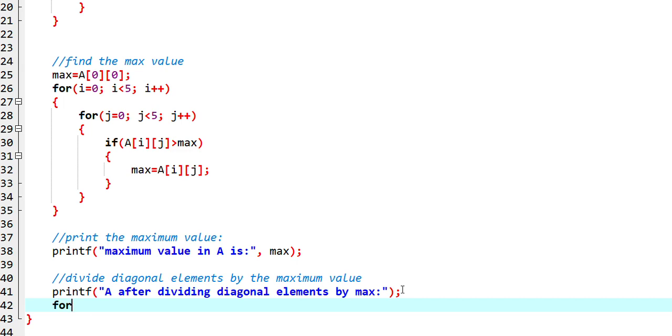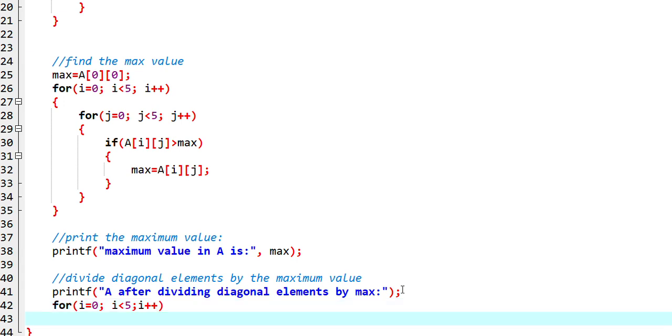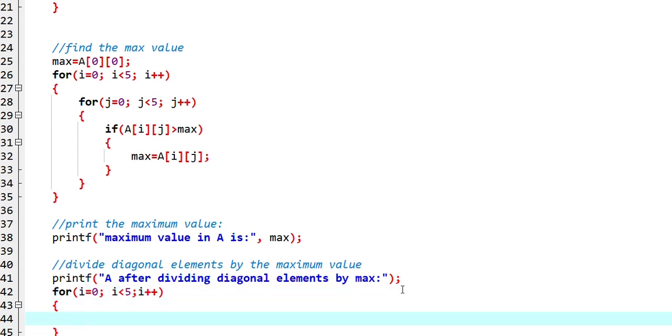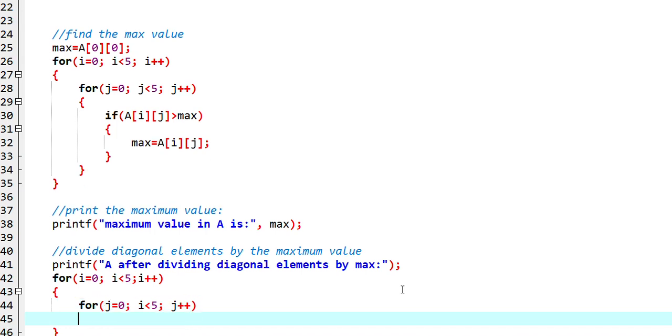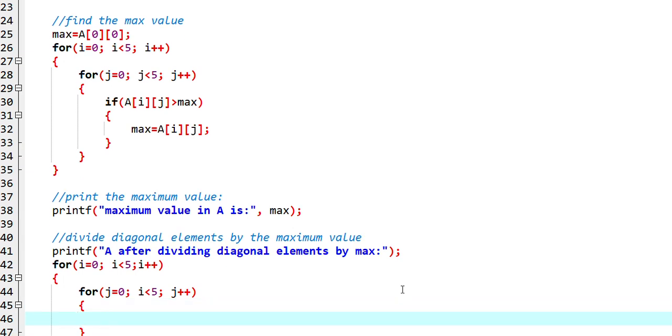Then for i equal to 0, i less than 5, and i plus plus. Also for j equal to 0, j less than 5, j plus plus. Now I need to use the if else statement. If i is equal to j,